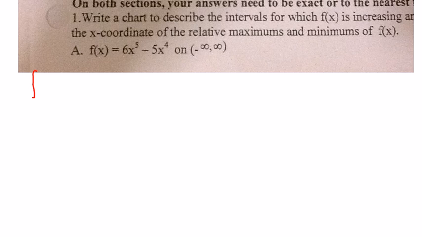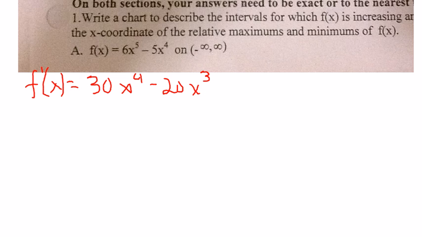So the first thing we want to do is find f prime of x. This problem isn't bad. Simple power rule, I get 30, which is 6 times 5, x to the 4th minus 20 x cubed. One of the keys here is that we're working on an interval from negative infinity to infinity, so we don't